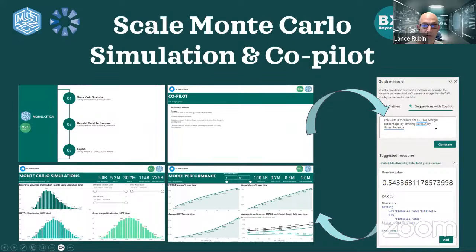And lo and behold, it's funny, Copilot has hit Power BI before it's hit Excel, right? So Copilot is already in Power BI. It allows us to use it under quick measures. So if I want to write some complex DAX or I want to understand DAX, I can actually type it in, and there's a suggestion by Copilot. It generates it and can add it. So if you're finding that you're getting stuck on Power BI because of DAX, well, Copilot's going to help you. So I know we said we weren't going to touch too much of AI in the first part, but actually AI is going to be everywhere, as we know.